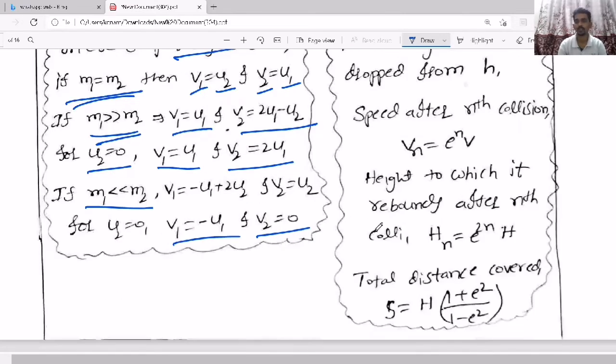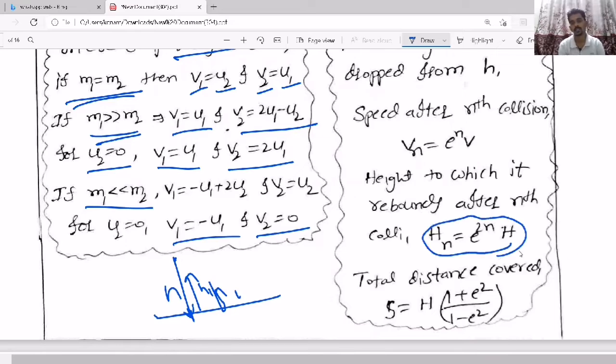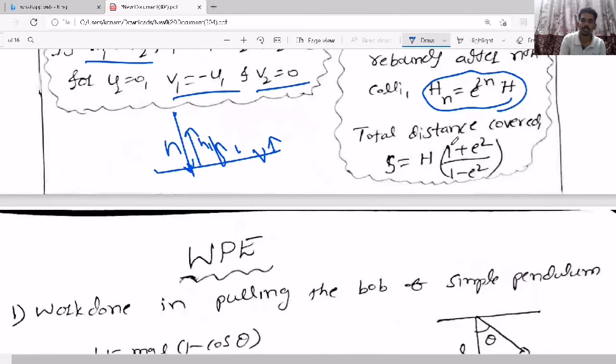Rebounding of a ball dropped from height H is one of the simple and important things. If you drop a body from a certain height, then it will hit and go back up to some height H1. After one collision it will go to H1, then after the second collision it will go to H2, like that. After n collisions, it will go to a height this much, where e is the coefficient of restitution. Similarly, after the nth collision, the velocity with which it will rebound is this one. This is the velocity formula. So based on these two things also, you can get questions.